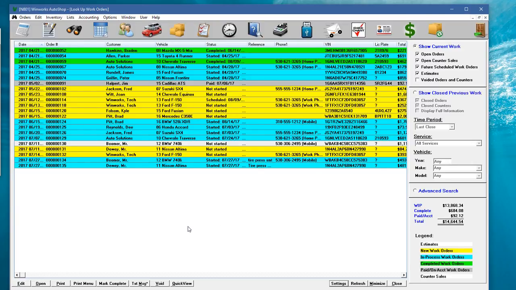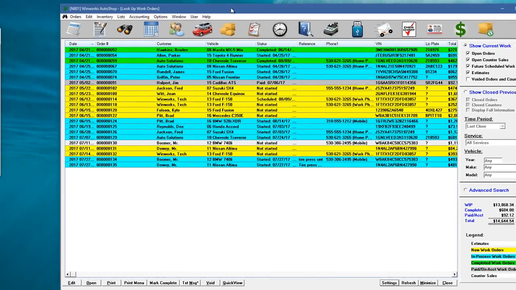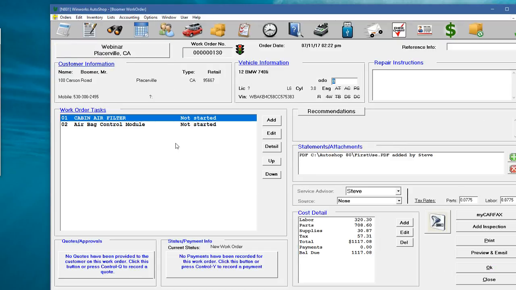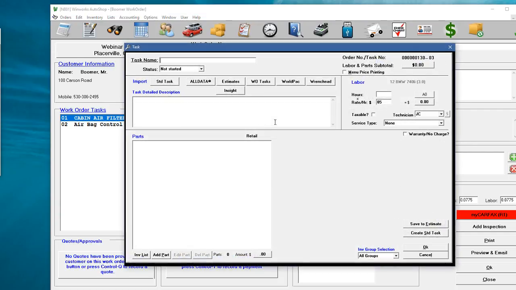Now, the final topic we're going to cover today is some information on our Insight program. Winworks has developed an estimating and information system that is available, as is the other information systems that are on the market. It can be used as a standalone, or it can be used as an interface, just as with the other estimating features. And it's available as an interface,